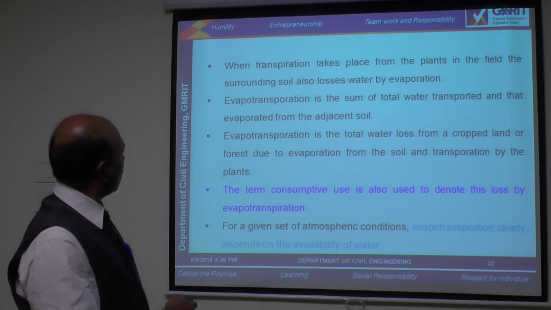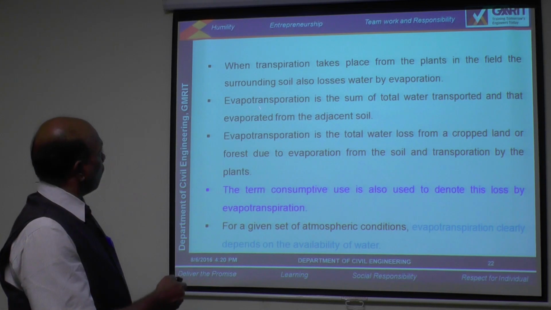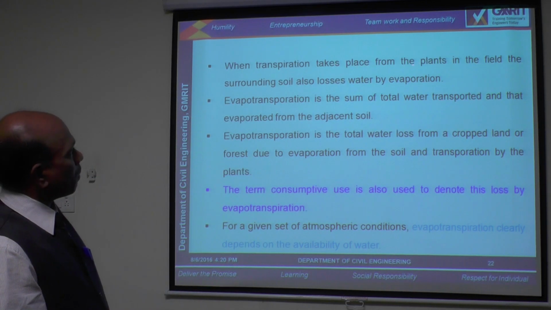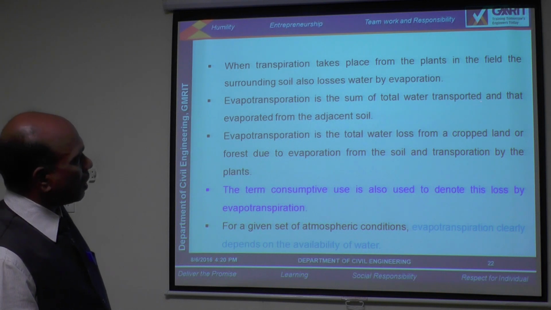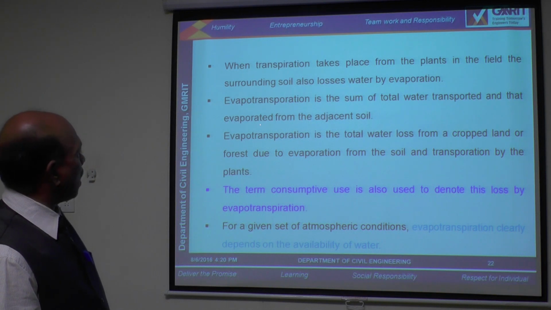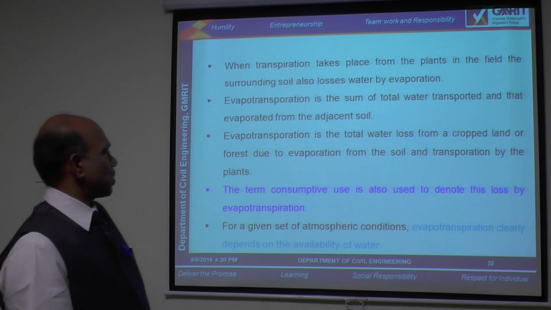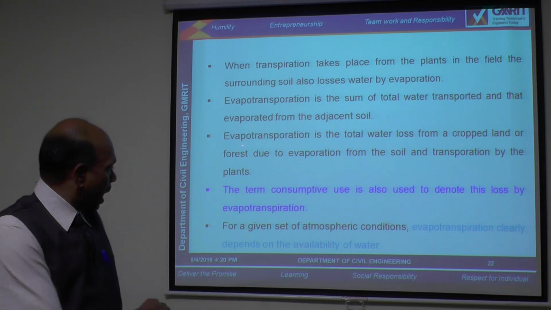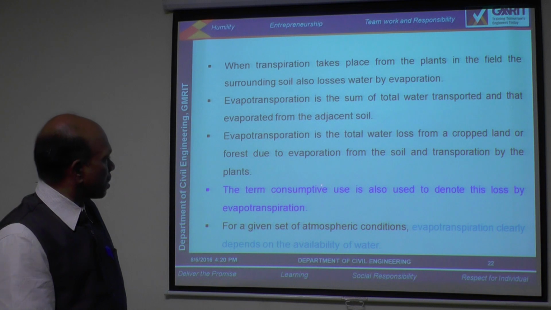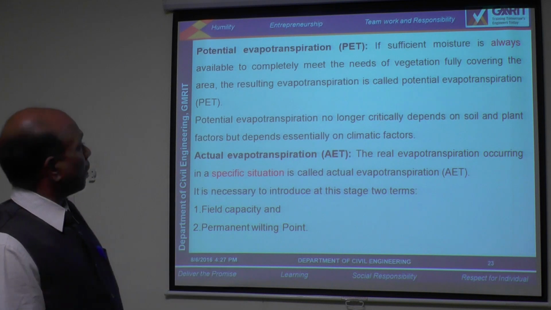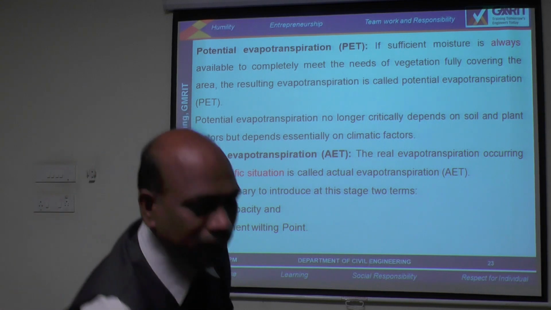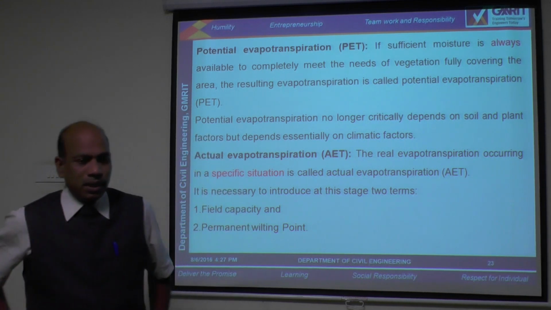evapotranspiration. Here, when transpiration takes place from the plants in the field, the surrounding soil also loses water by evaporation. Evapotranspiration is the sum of total water transpired and evaporated from the adjacent soil. Right? This term, evapotranspiration, is also known as consumptive use or potential evapotranspiration. Here, in this regard,